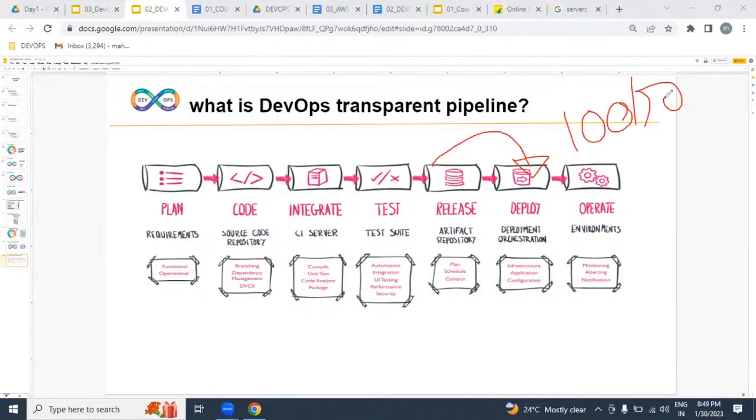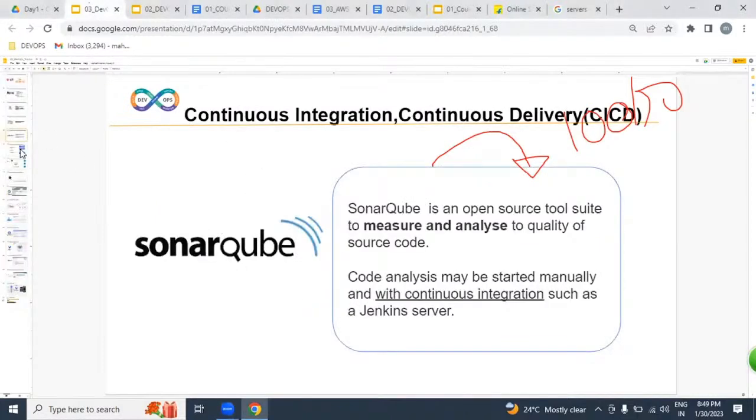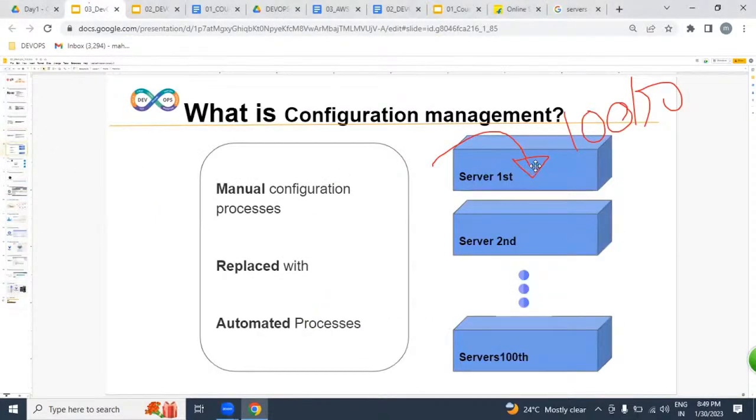But what we are expecting is an automated process. Am I right? So what exactly are we going to be learning after this? Configuration management. On top of these hundreds of servers, we are going to be replacing a manual configuration process with an automated process.